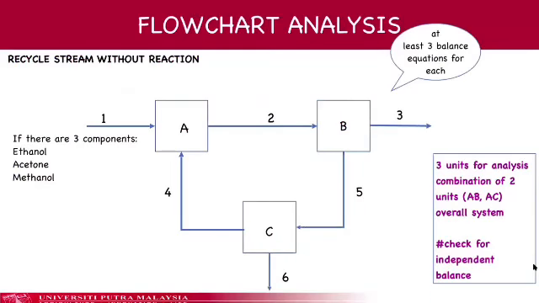Let us see a system with multiple units with 3 compounds that flow in as raw material into our process. Here we have ethanol, acetone, and methanol. There are 3 units which we label A, B, and C, and bear in mind that this is a system without a reaction. What we have is just perhaps separation or mixing. Assuming that there is no reaction and the system is at steady state,